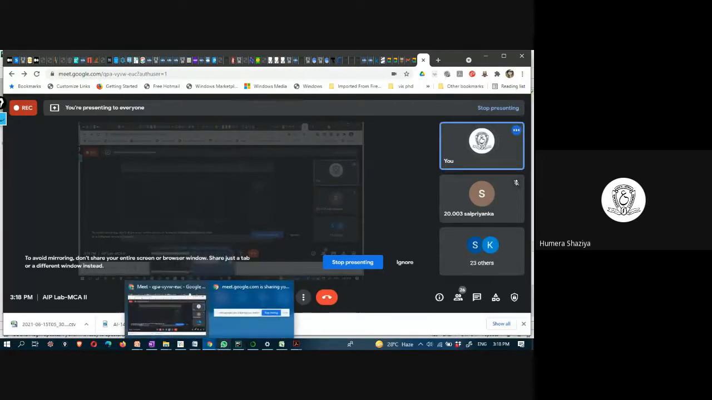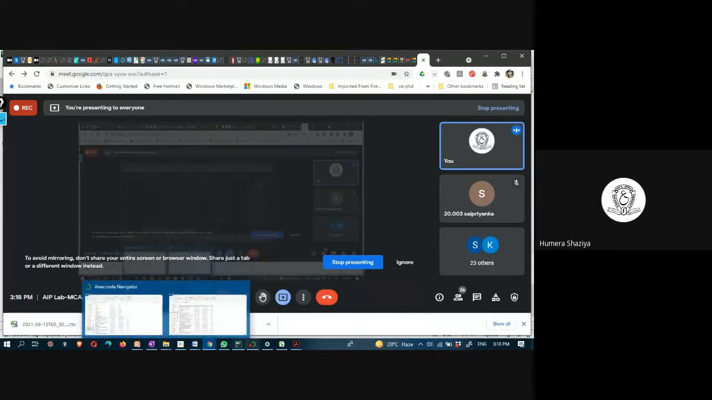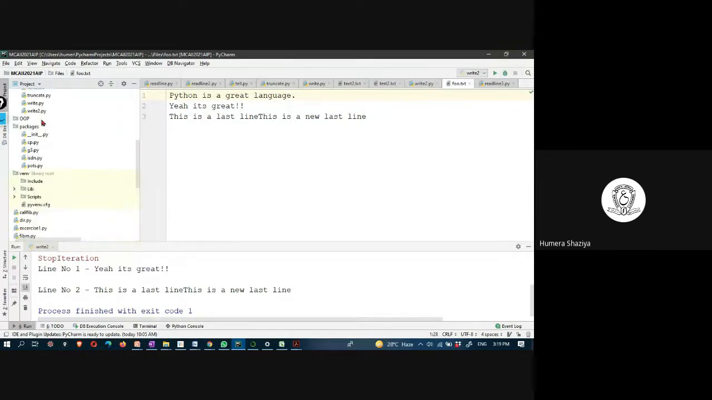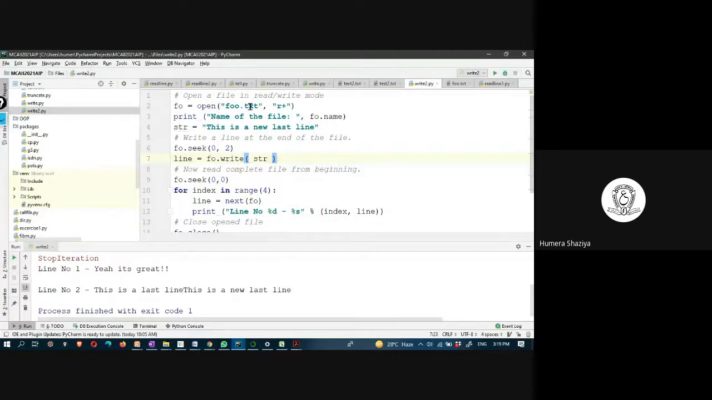Where are we? We are here. So it has written in the last line only. It continued. Why did it do like that? Where is our program? This is a new last line, 0 comma 2. Write a line at the end of the file. If I change it to 1,